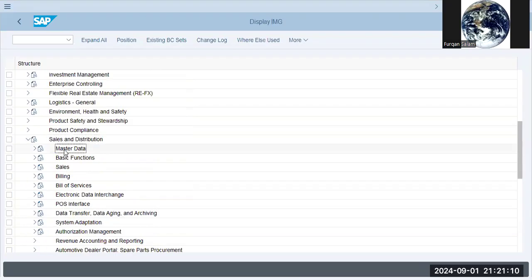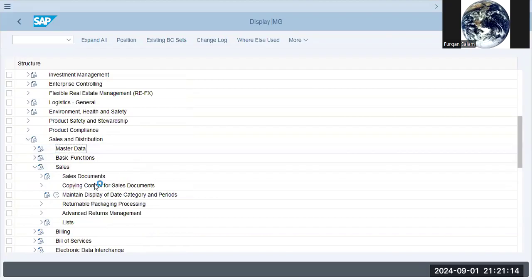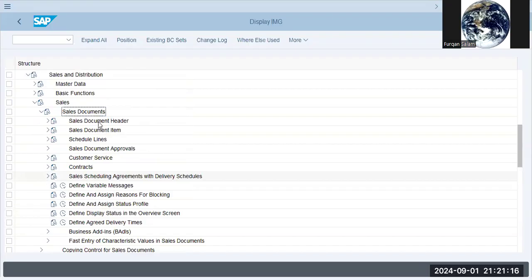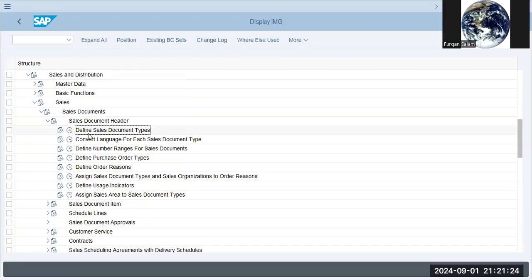Sales and distribution, sales, sales document, sales document header, define document types. Now, this will be basically our